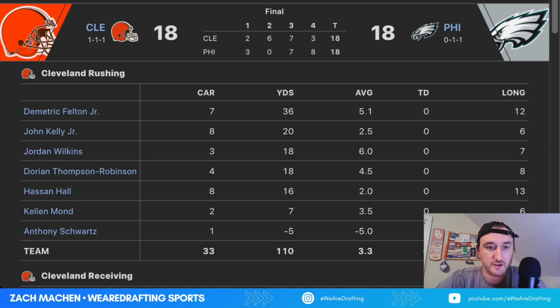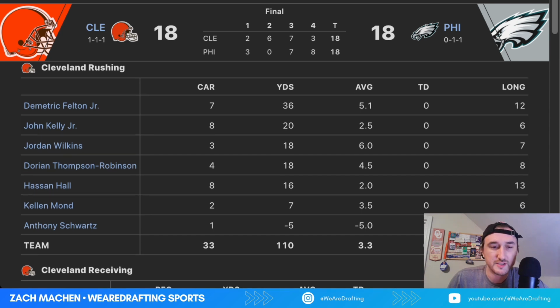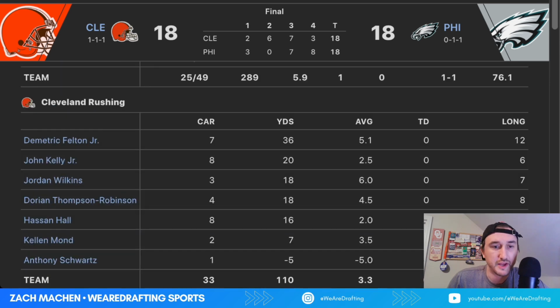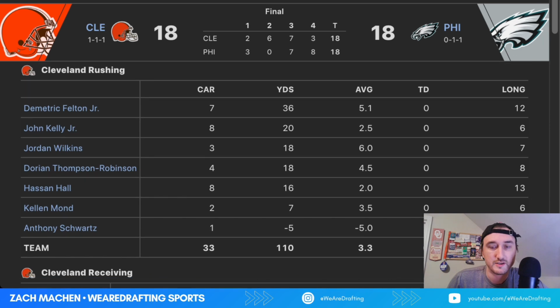He had 36 yards on the ground. John Kelly also chipped in 20. They've both had a solid preseason up to this point. Jordan Wilkins, the former Colt, had 18. DTR chipped in 18 on the ground as well. Kellen Mond chipped in 7. Hassan Hall had 6. And the receiver, Anthony Schwartz, lost 5 yards on that. So not a whole lot to learn from there,